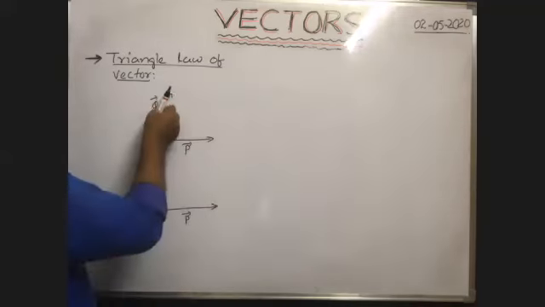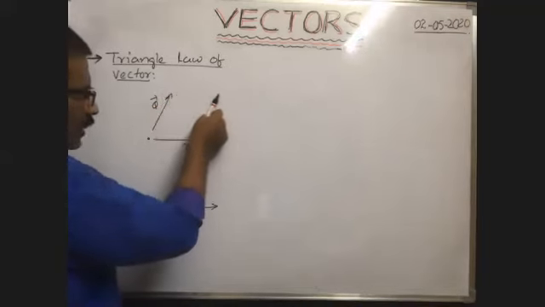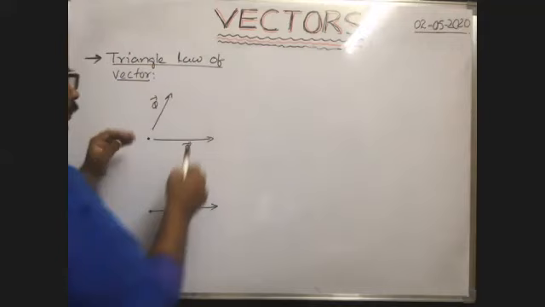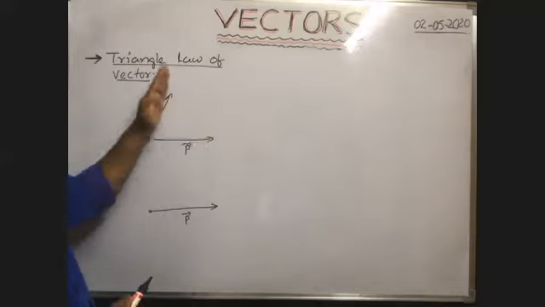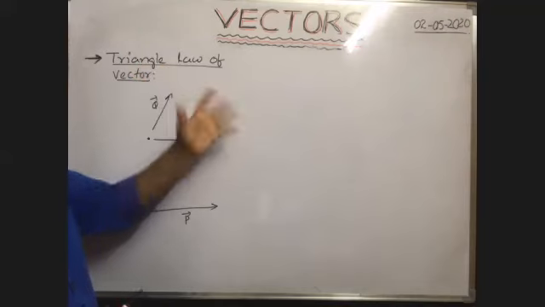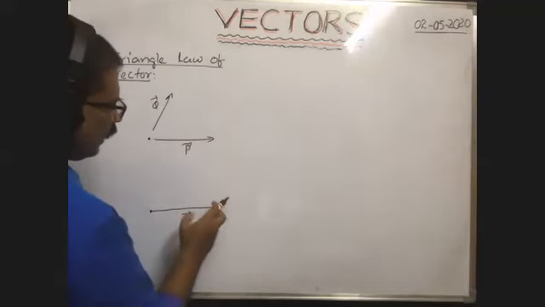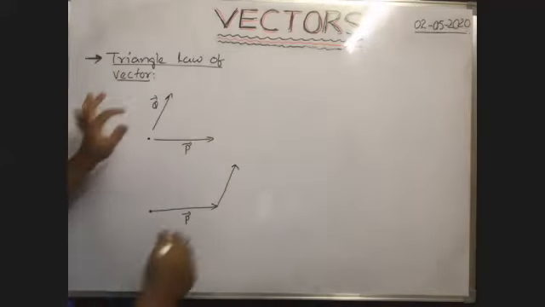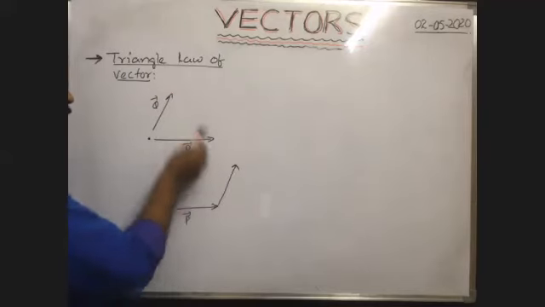Now, if the given vector is slid parallel to itself, then there is no change in the direction and no change in the magnitude. When you slide the given vector parallel to itself like this, there is no change in the magnitude and no change in the direction also. So just slide this vector parallel to itself and draw that vector exactly at this point. Here, these two have the same length, that's why the magnitude is Q only. Directions are also parallel. That's why it is parallel to this one, no?